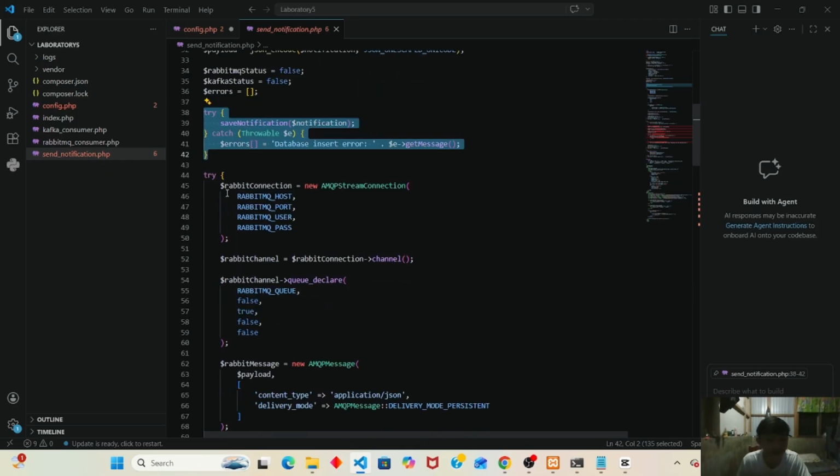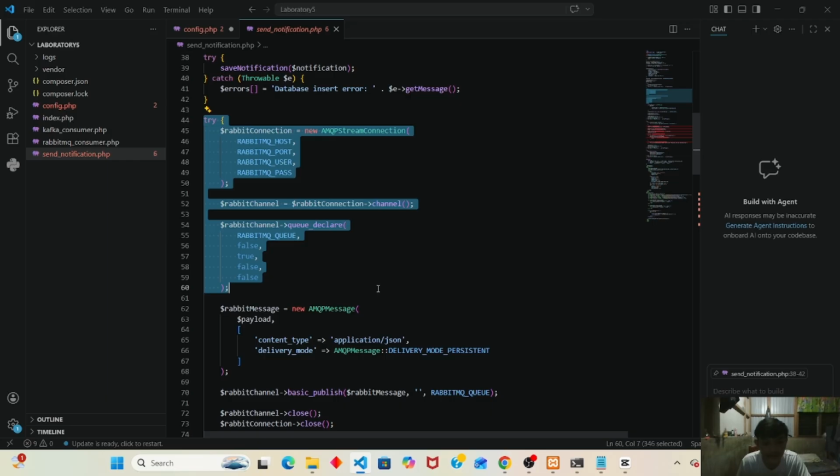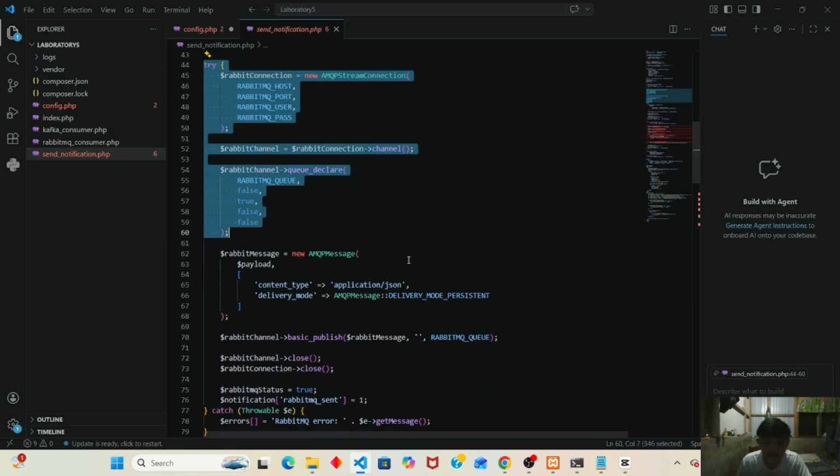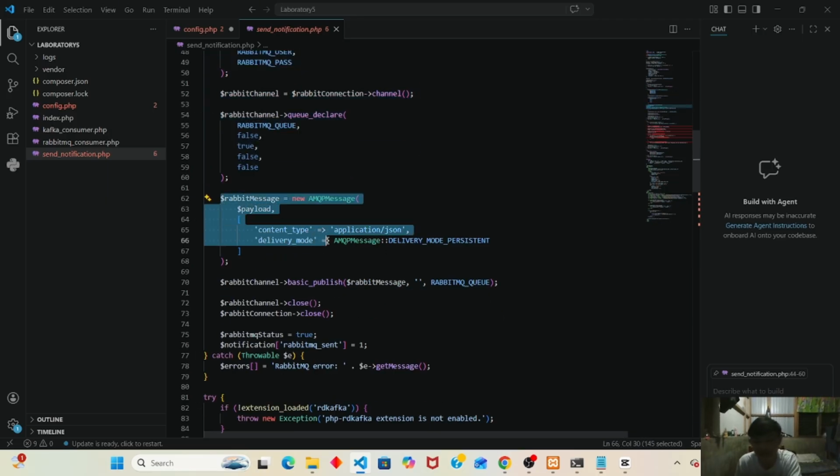Next is this. So this connects to RabbitMQ, declares the queue, sends the JSON message, marks success or logs errors. Okay. So next is send notification to Kafka.